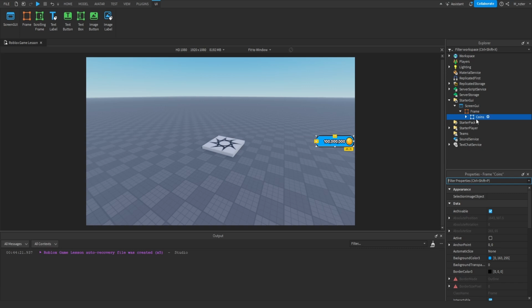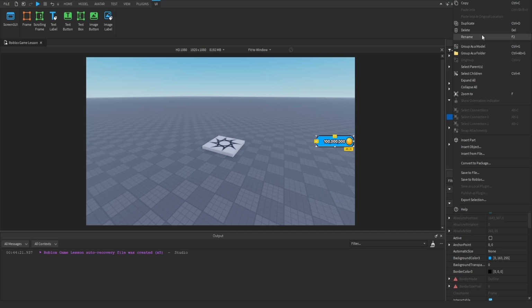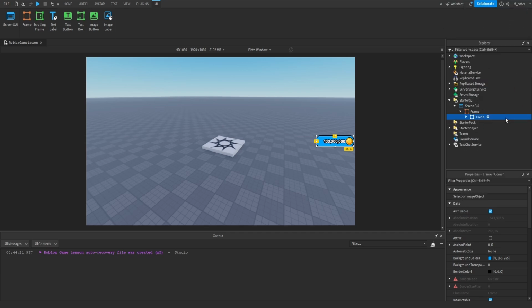Now, like I said, we don't want to just display coins though, we also want to display the player's gems as well. And that requires us to do a couple of different things. So to start off, I'm going to go ahead and duplicate this frame. You can do this by either right-clicking it and clicking the duplicate button, or depending on how your keybinds are set up, you should be able to select the frame and then hit Control D,